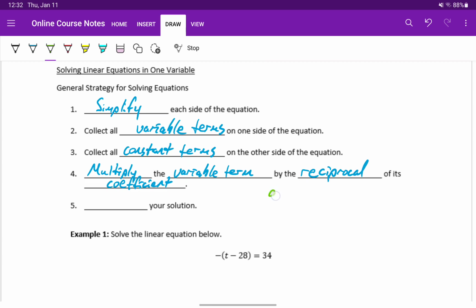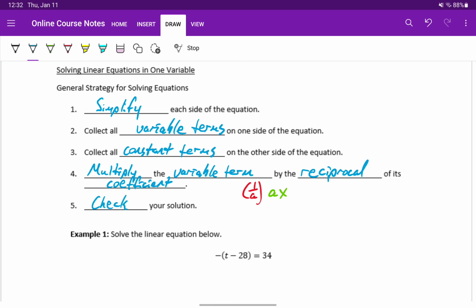But keep in mind, whenever we talk about variable terms, x always has a coefficient. If one's not listed, we can infer that it's 1 times x. Whatever that coefficient is, in this case a, when we say multiply by the reciprocal, what we mean is 1 over that value. So 1 over a would be the reciprocal of a. We'll multiply both sides by the reciprocal of whatever that coefficient is,